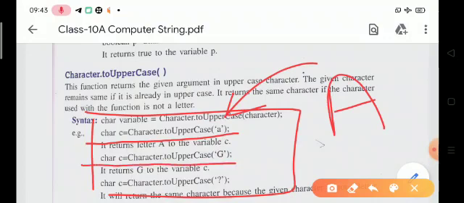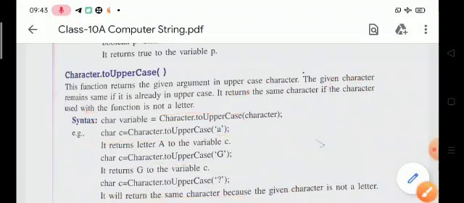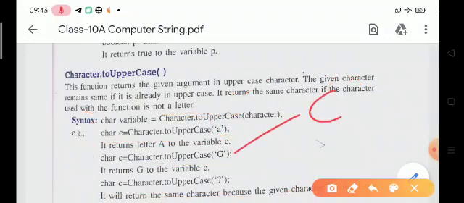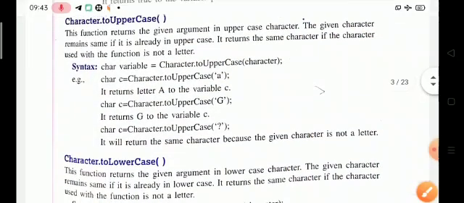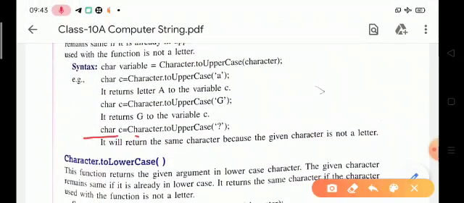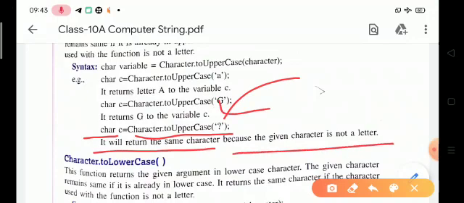But in the next example, the given argument is a capital G, which is already uppercase, so the given character remains the same. In the third example, char c is equal to Character.toUpperCase of a special symbol. It returns the same character because the given character is not a letter.